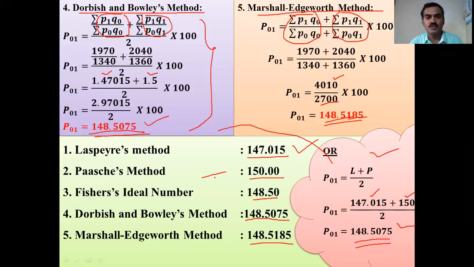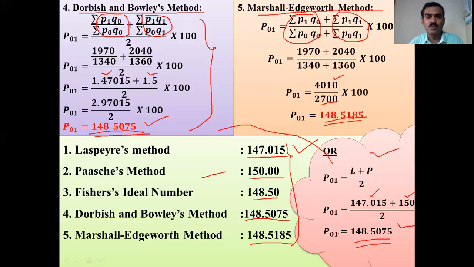So like that, you have to verify your answers. All the answers you find by the different methods are to be very near. Very near means, for example, 140 to 150 or 150 to 160. It should not be like 100, 300 and 600. If you find such an answer, you feel that you have made a mistake, so check the problem once again, and then you will find the correct answer.